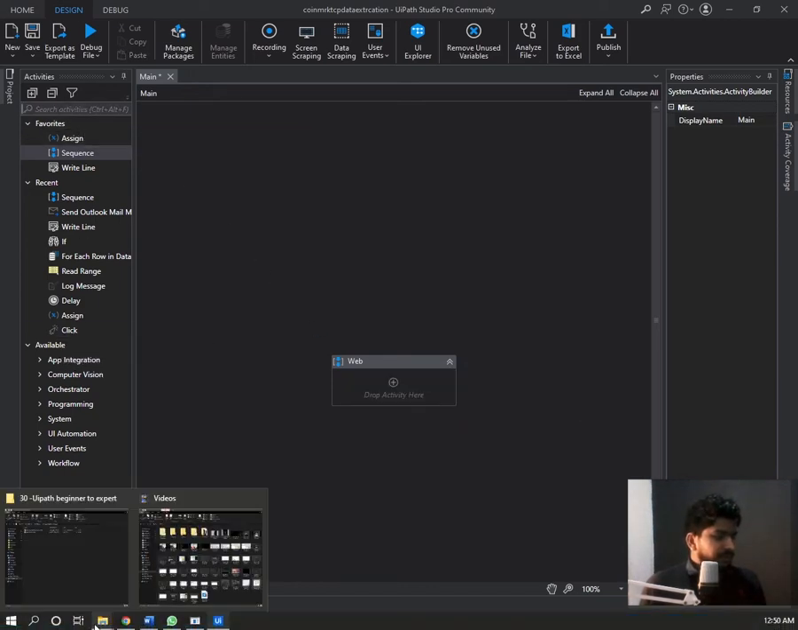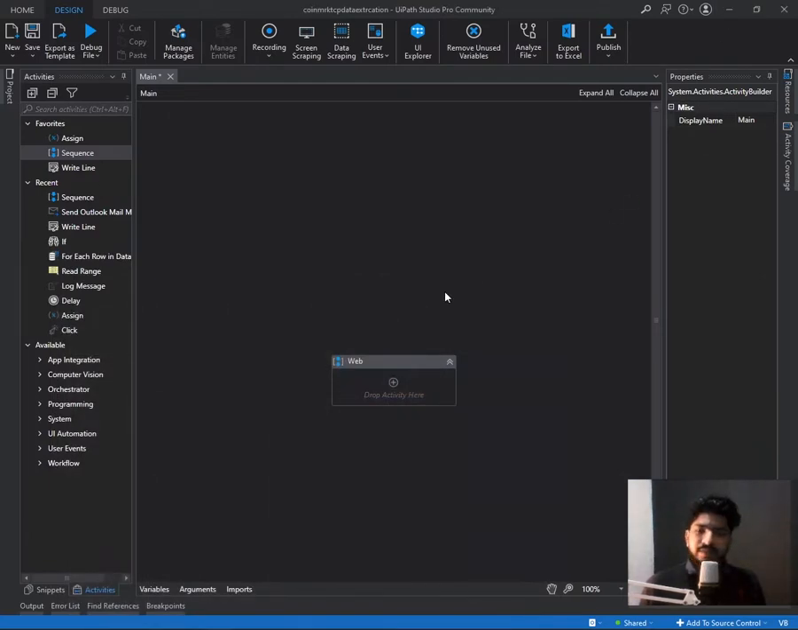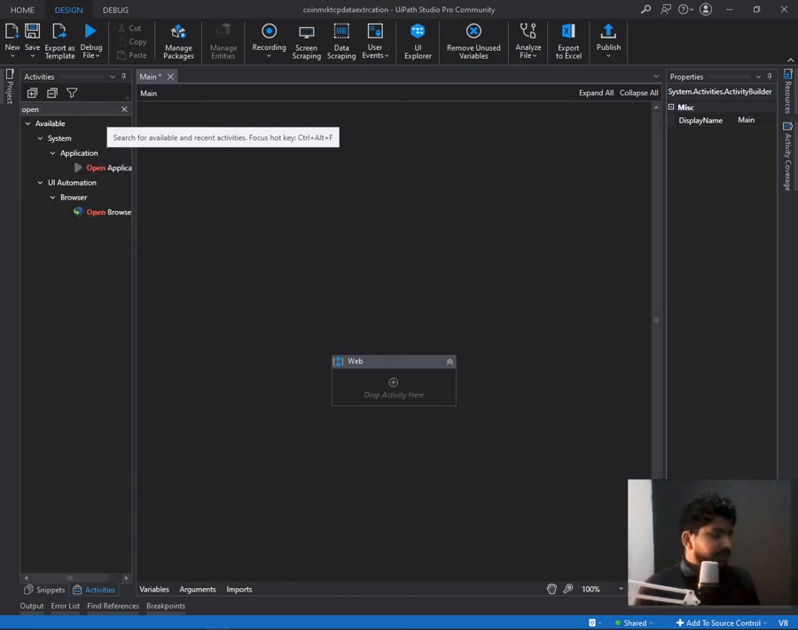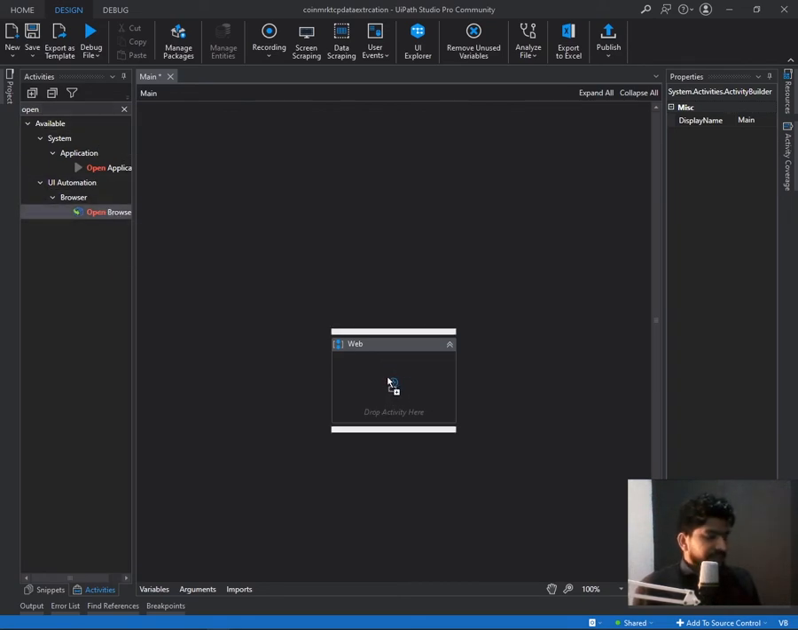So if we go for the process part, first of all we need to go to this website. In order to go to this website, we should open a browser and go to the website. In UiPath we have an activity called Open Browser. So if we search here, we will be able to find it. Then we can drag it here,